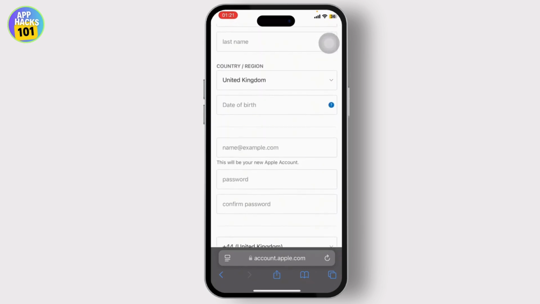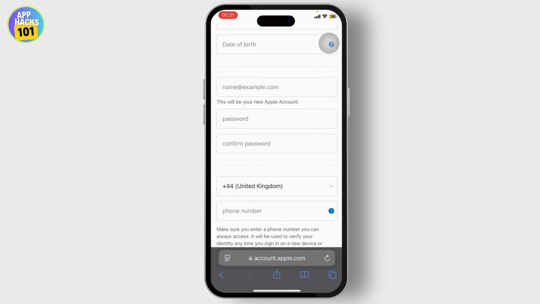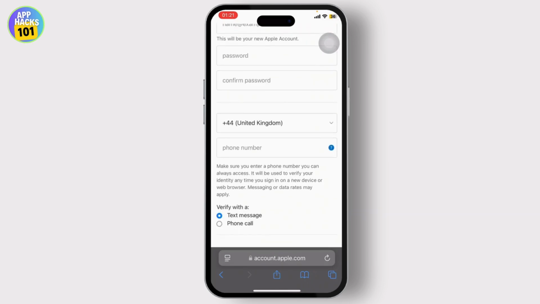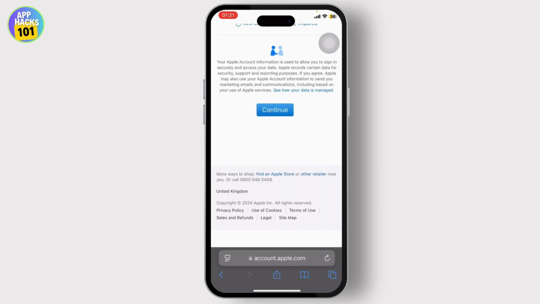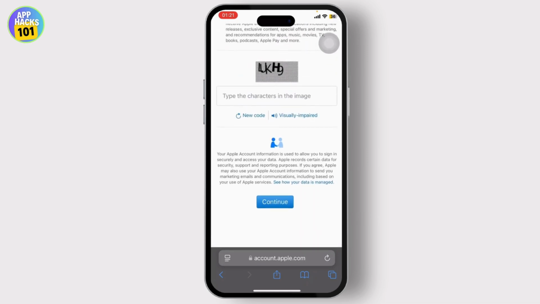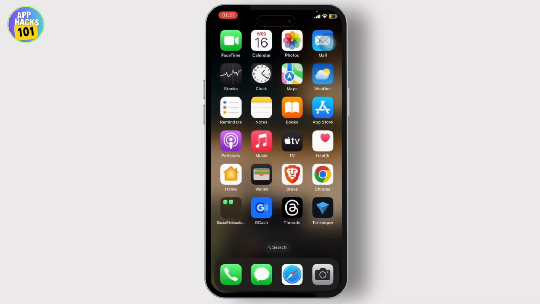Just select your country, region, your email, or your Apple ID account's email, your phone number, and you'll just have to verify that you're a human. And after you do that, you will have created an Apple account. And yeah, that is basically it. That is how you can create an Apple account without having to go through the could not create Apple ID